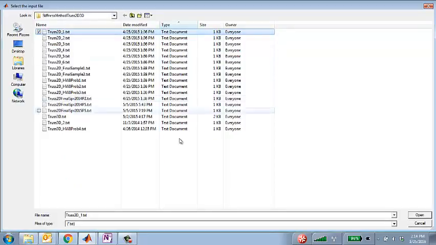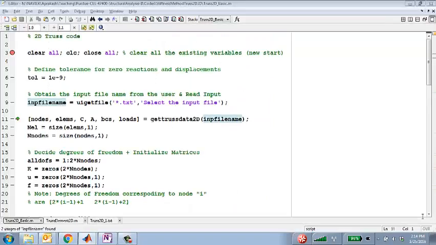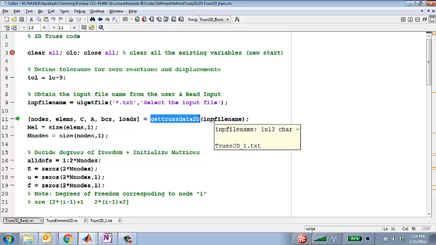So I'll pick the first example here, which is the truss there, and immediately I get the input file name from there. I'll execute this subroutine. This subroutine is get truss data 2D. So what it does is it goes into that text file and reads off all of the values